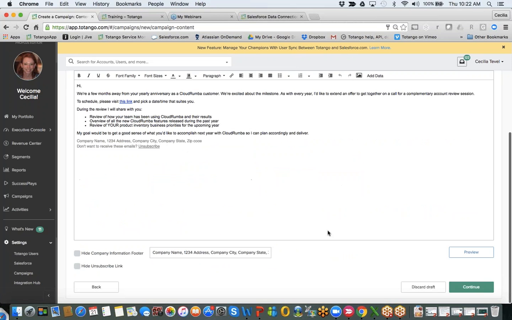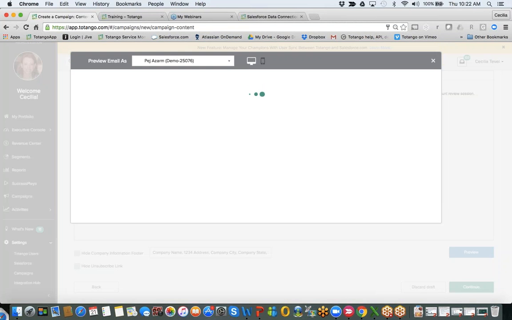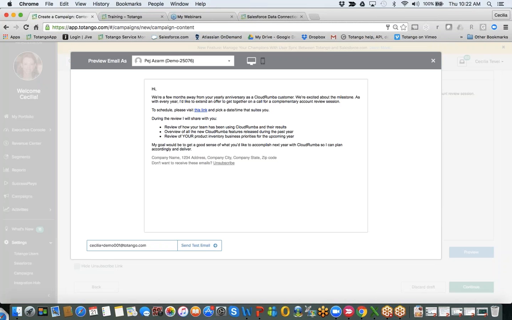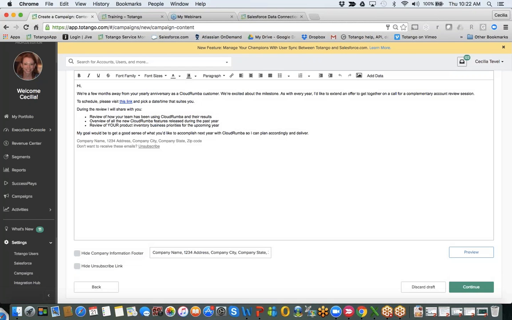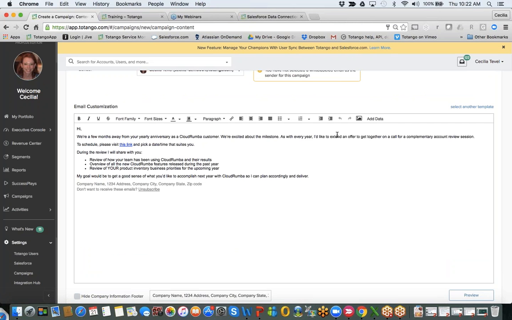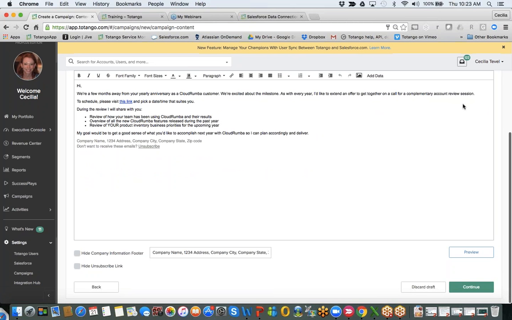And then again, same thing. I can preview my message and make sure everything looks good and aligned. If you are using templates with logos and banners, that becomes even more important. This is a simple text message, so I'm not super worried about it. But when you use the rich templates, you want to make sure you thoroughly send yourself test messages and tweak anything as far as formatting is concerned to make sure everything looks perfect. And then the last piece, I'll just continue,